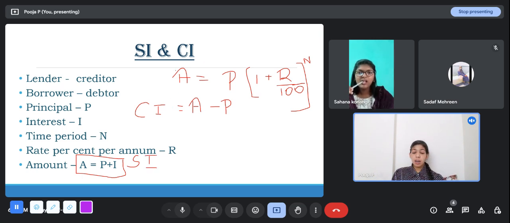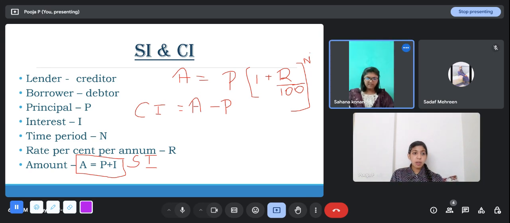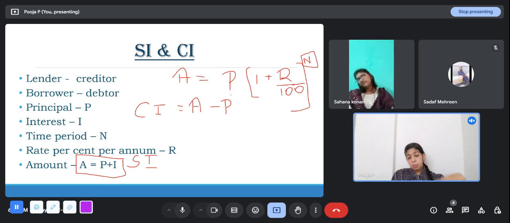But if your interest is actually getting compounded, then it is different. Basically, if you're lending out money on simple interest basis, you are getting a certain amount of interest. But if you're giving it out on compound interest basis, you're getting more. Initially, it will start with less, but as time goes by, it will keep getting more because it is to the power of n. There, it is not to the power of n. So that is what we mean by compounding. It starts as a very small amount initially, but as time goes by, or for longer duration of time, it will take more.